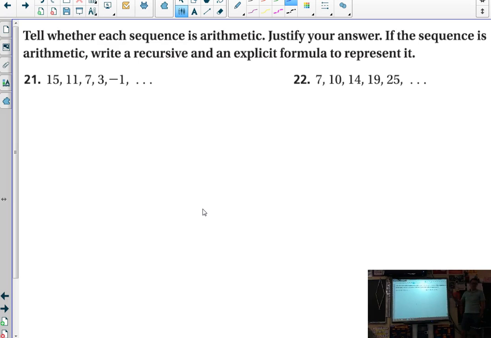So 21's easier than 22. Since Abe asked about 22, I'm going to do 22, but then leave 21 for you guys to do on your own. If I look here at what's happening,